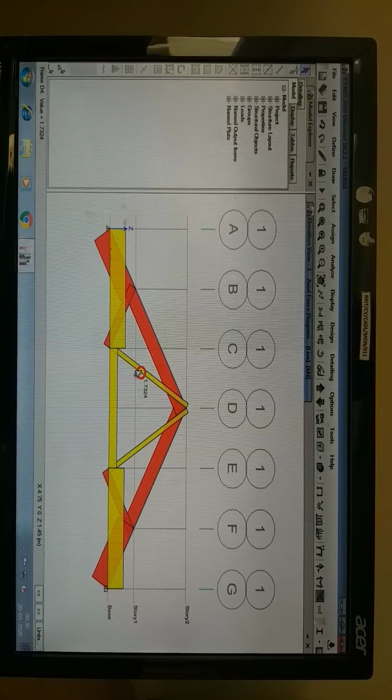So whichever member you require, you can cross check what member force it has. So the truss means it is going to have a force system, either compression or tension. So this is how we require to analyze a truss using ETABS.